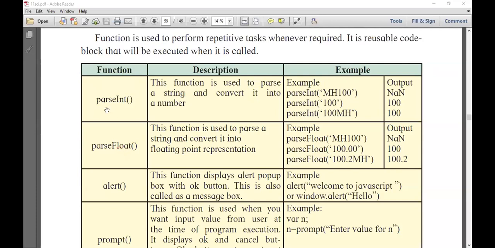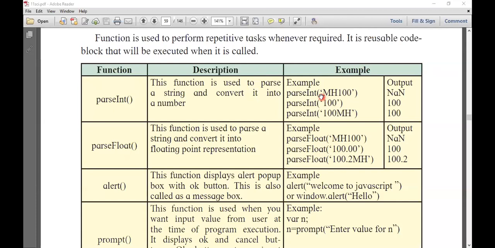In short, a value with a decimal point is called a floating value or a float value. So if you want to convert any string into a decimal point value, then by using the parseFloat function, you can convert any string into a floating point value.